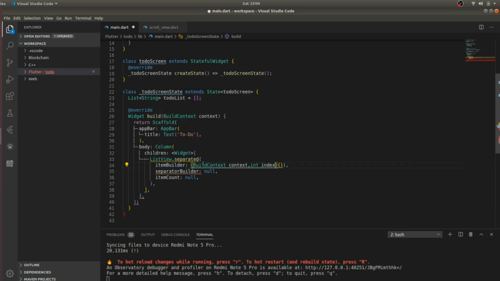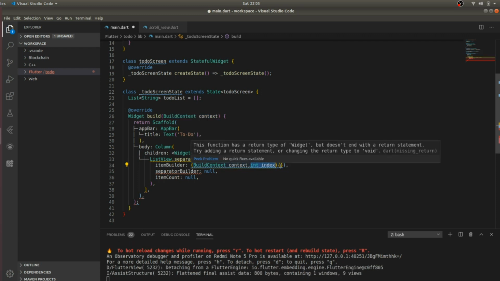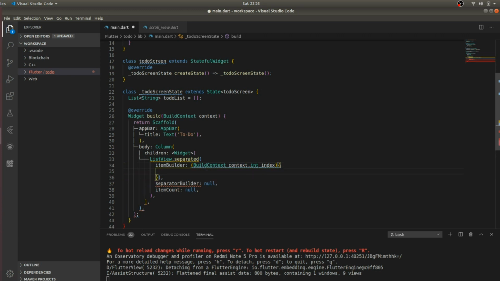I'm referring to it as an anonymous function as it doesn't have any name and we need not give one. The context is the build context which has been passed over here, and the index is just the integer value which this item builder function is going to use to index all the widgets. So what I'm going to do is return a list tile from here,